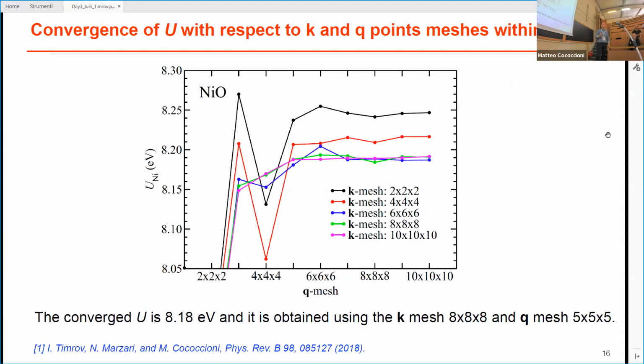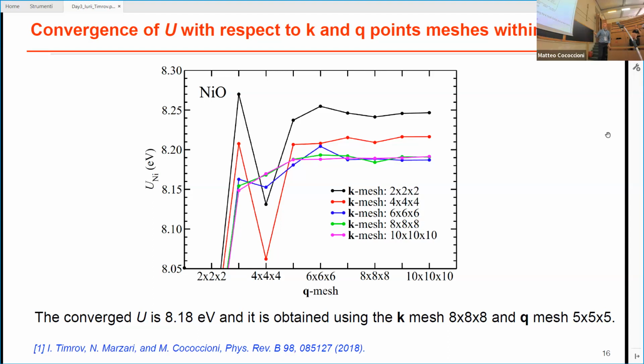Okay, so if you want to use this approach in practice, you need to converge Hubbard U with respect to many parameters like the cutoff. But on this slide, I want to show you that the Hubbard U must be converged with respect to the K mesh and Q mesh. As any other property, U must be converged. And here you see how the Hubbard U changes if you compute it using different K meshes and Q meshes. And from this convergence test, I would conclude that the converged U is 8.18 eV using this K mesh and